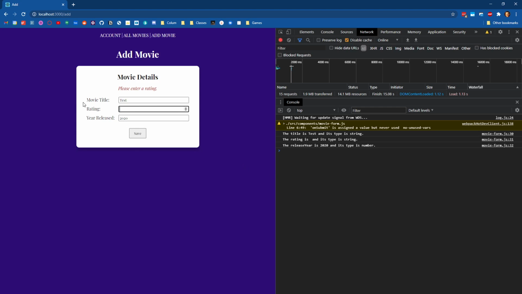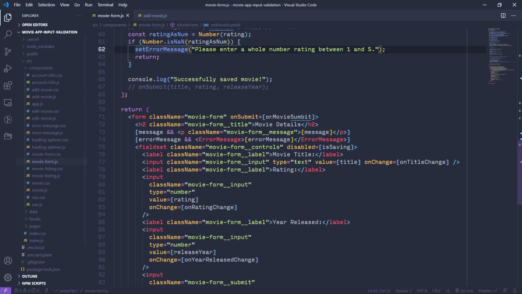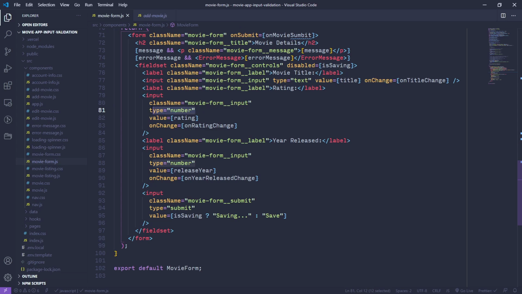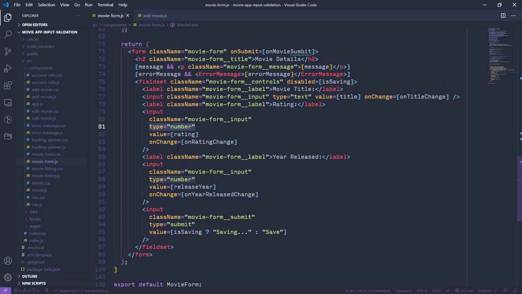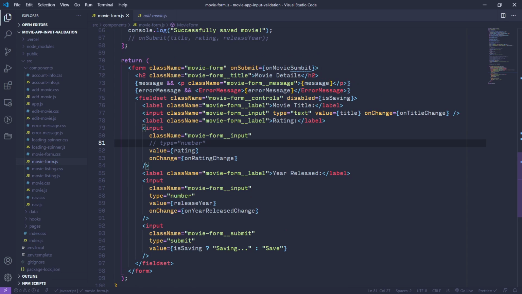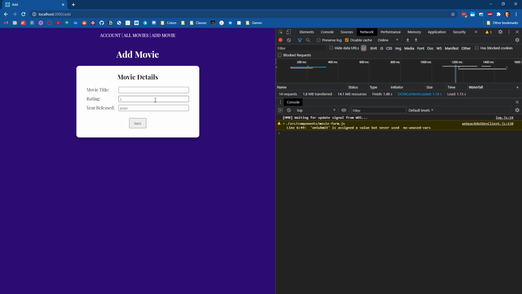Okay, so one thing that is useful to point out is that these types that we apply here allow us to put some constraints in the browser, but we can't 100% rely on those because a user could manipulate the HTML and inject something into our page with kind of malicious intent. So usually you'd want to do these type checks on your server. We're building our application without a server. So what we can do here to just try to handle this situation where we're getting not a number is let's disable the type of number temporarily. And if I come back here, now I can type in gibberish,